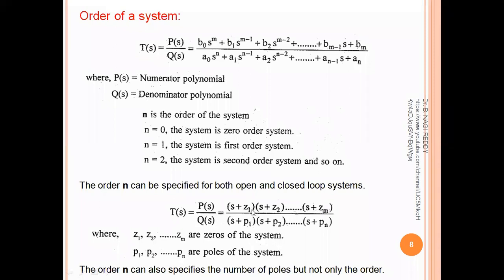So based on the placements of zeros and poles, we can estimate the stability of that particular system. If that system is not stable, then we can bring that system into stability. We have that chance. Of course, all this stability concept we will learn in units 3, 4, 5. Particularly, we will start from the third unit. At that time, I'll clearly tell you what stability is and all. So this is about the order of the system.